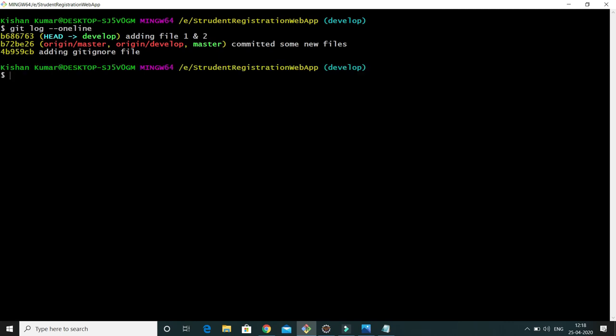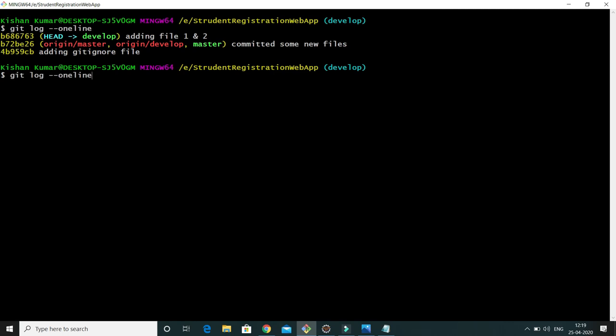When you do any kind of commit in git, every commit has a commit ID created by git. But as we have issued the --oneline option, only the first few characters of that commit ID are displayed. Here you can see right now our HEAD is pointing to this latest commit, right? So this is called HEAD~1, this is called HEAD~2.